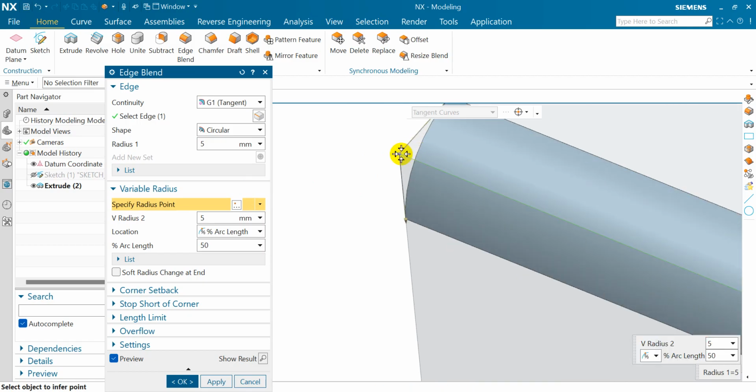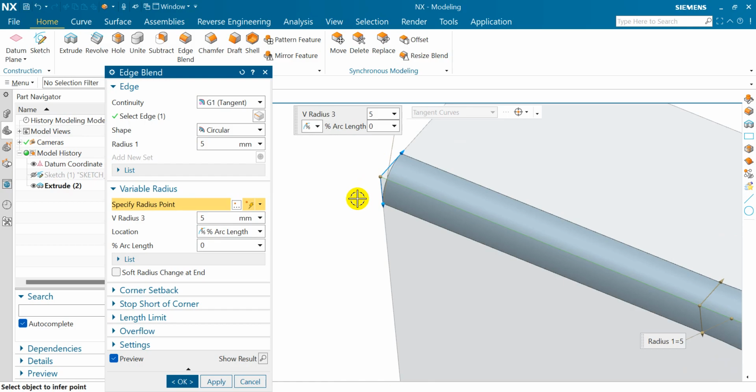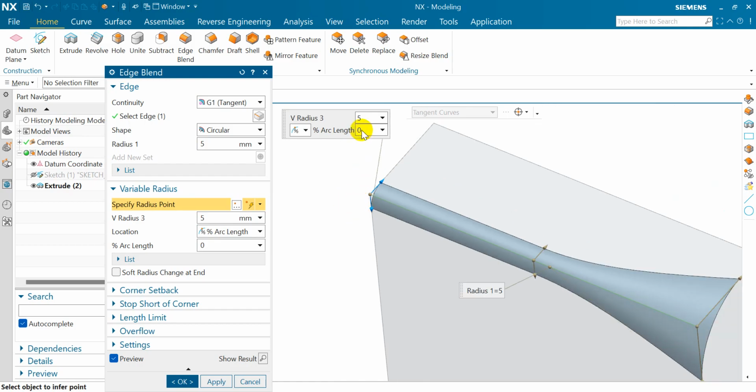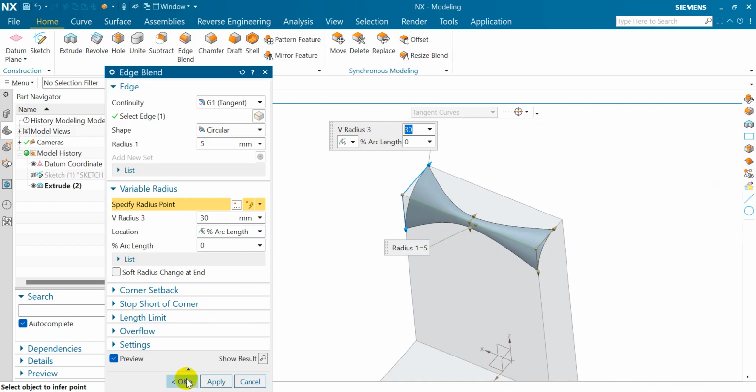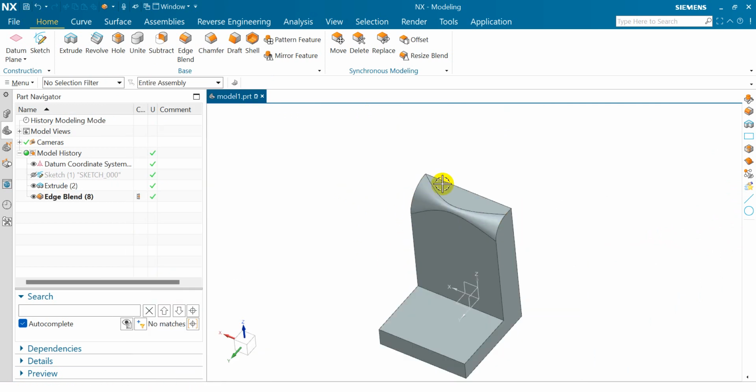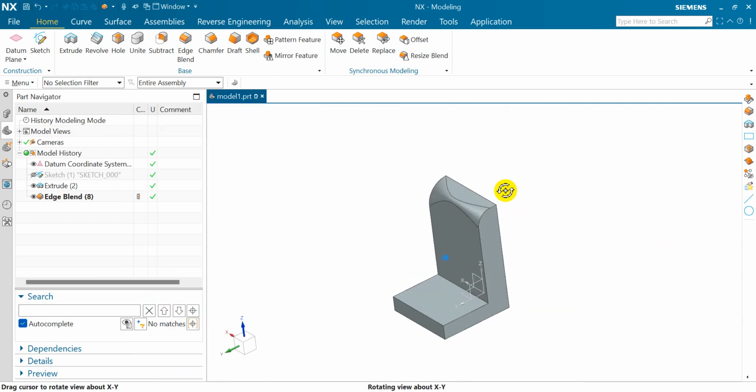You can use many endpoints and fill the value 100 or 0, there arc percent 0, and there suppose 30, enter. Now click on OK. This is variable radius.